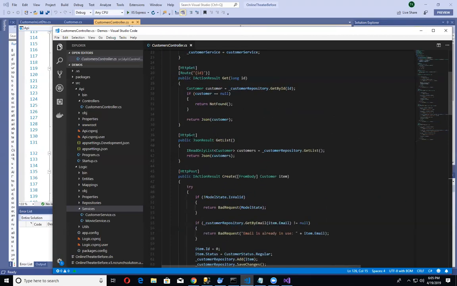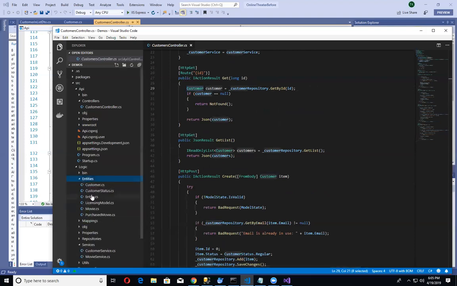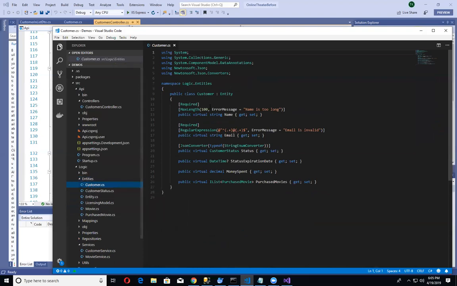It's an API call. It implements your GET. And how many times have you seen this in code? And I'm not going to say this is bad, evil, and all that, where you're returning a list or you have a GET with an ID. And what you end up returning, in this example, is a customer object, but it's an entity. And the entity itself pretty much models our database table.